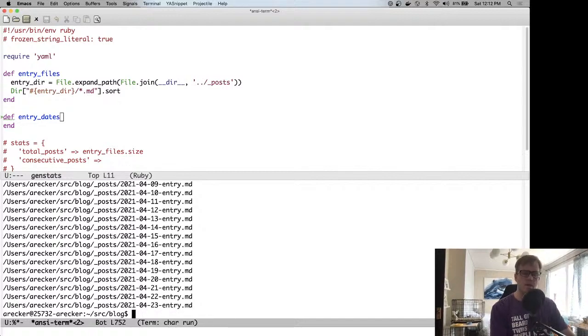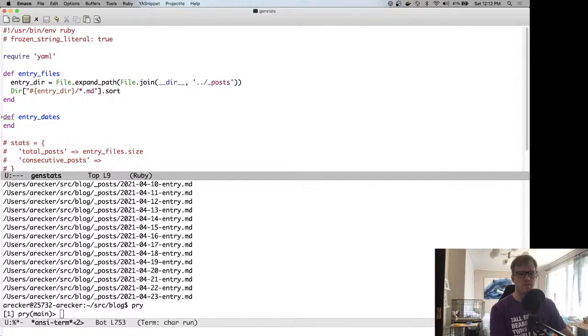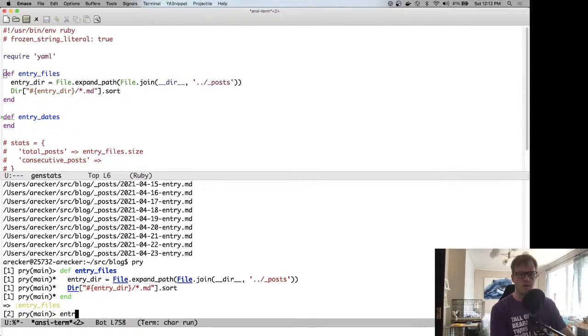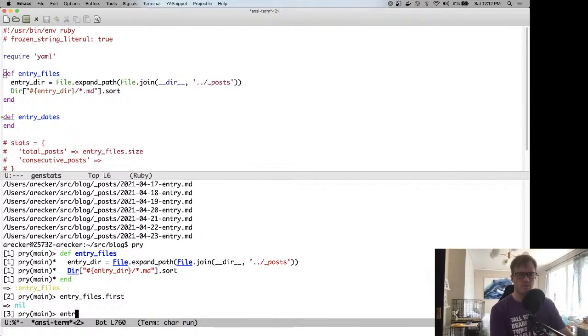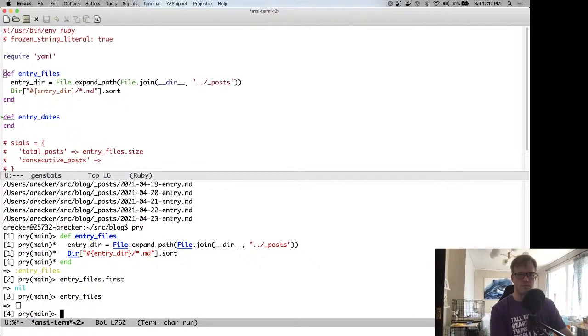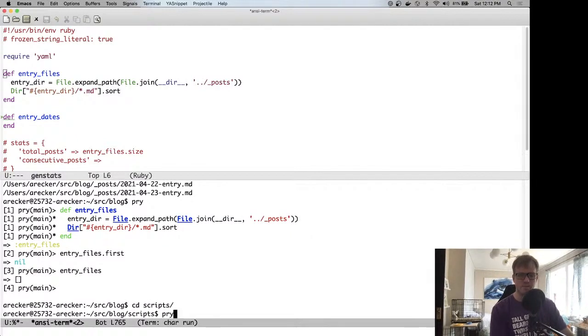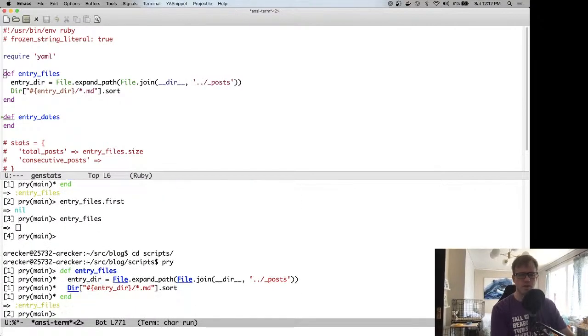So I think I'm going to jump into pry now. We need to work into some Ruby. So entry files first. Oh, it's because I'm not in the scripts directory. Pry. Entry files